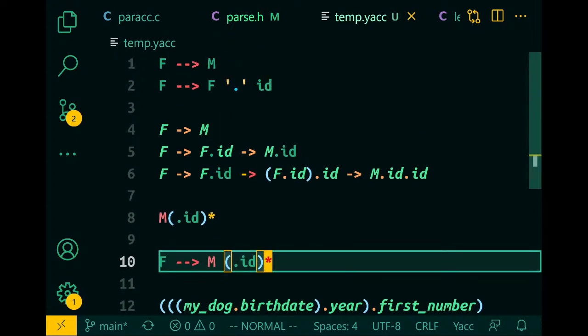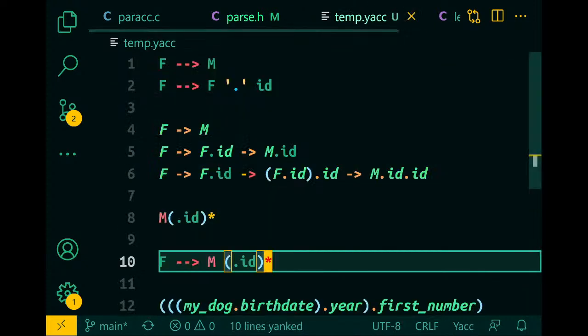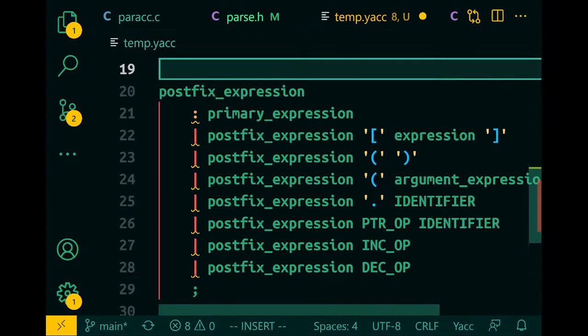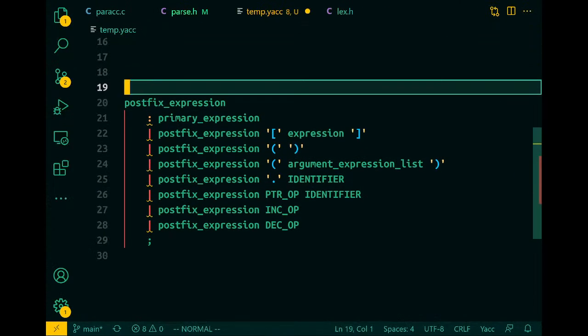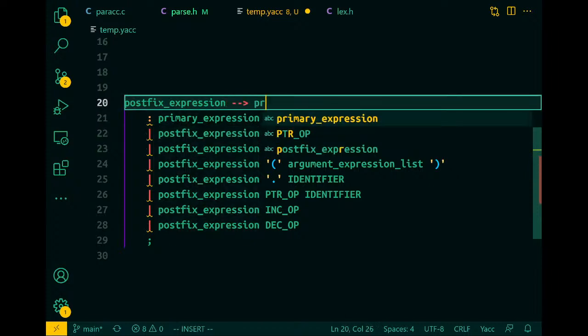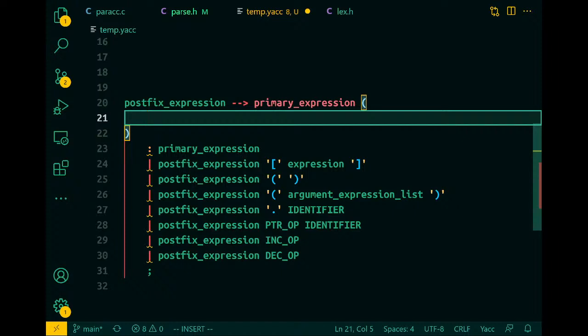Okay. So now let's bring back our full grammar. Let's bring this back over here, and let's think about this again. So postfix expressions. Essentially we're transforming this into primary expression followed by 0 or more. So I'm going to do star at the end of this. 0 or more